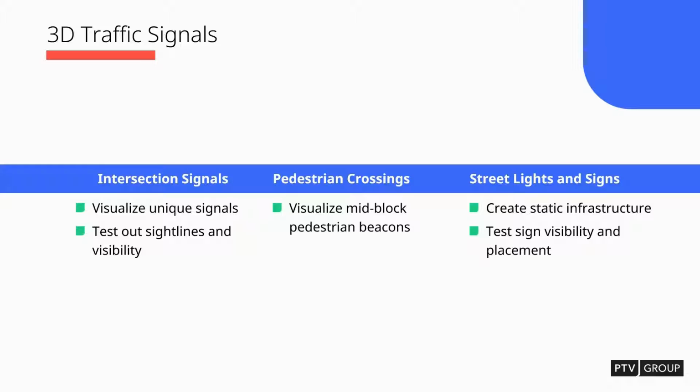The next element I want to talk about are the 3D traffic signals. So 3D traffic signals have been around for a long time within Vissim. A lot of times the common feedback I get is it just takes a long time to set them up. So people just choose not to do it, or it's not really worth the effort or something like that. But I want to kind of push back on that because all of these elements I added in fairly quickly, and so it didn't take too long to set these things up,